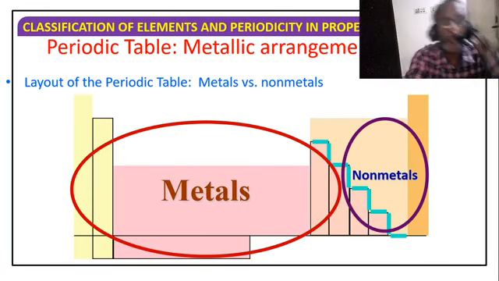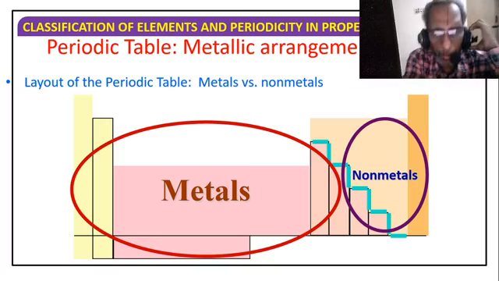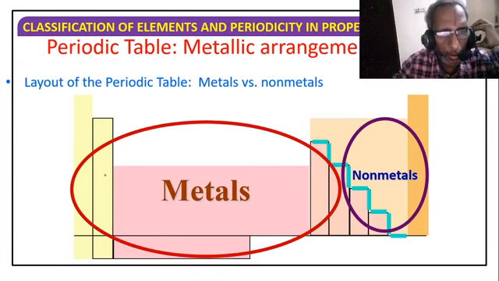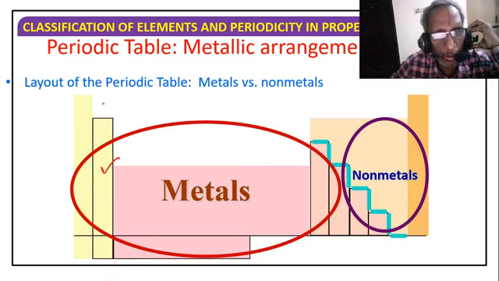Once again, if you see it in different forms, we can be in a position to reasonably remember. That is the idea. So in the periodic table, the central portion is almost metals, and here this first rectangular column is alkaline earth metals. Here these are alkali metals. Here D block transition metals.